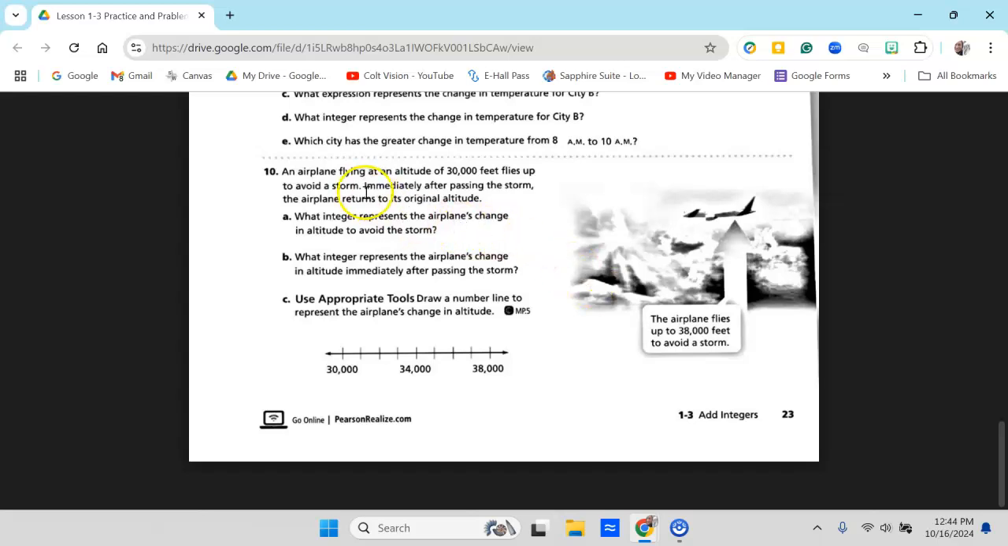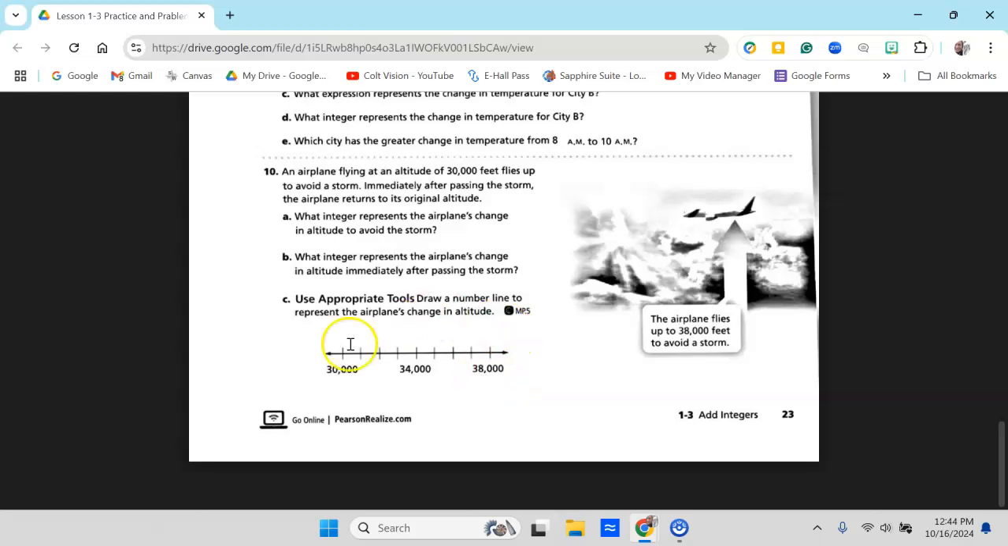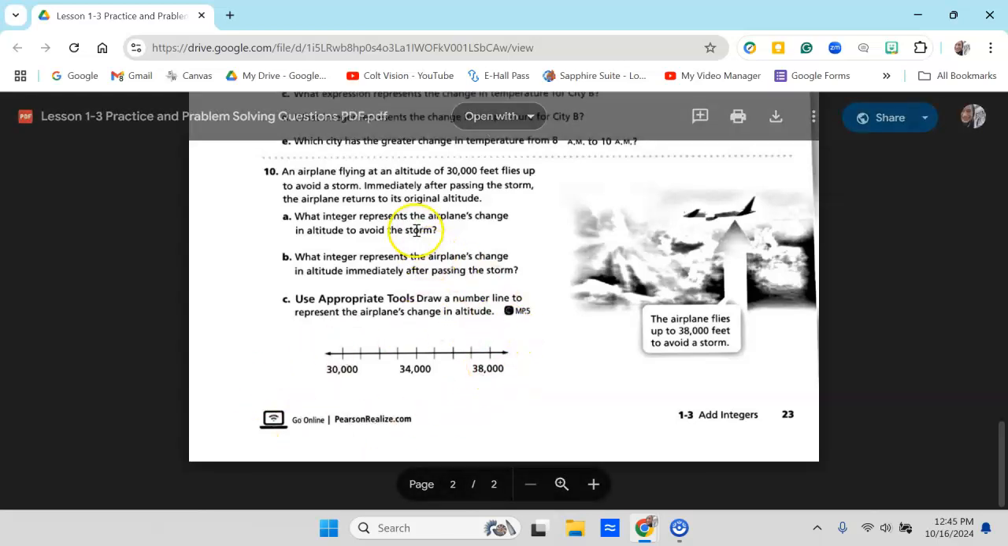Then immediately after the storm, it went back to 30,000 feet. So it's flying at 30,000 feet. It goes up to 38,000 feet. It comes back to 30,000 feet. So you're using that. I would use the number line to represent that, and then come back and answer questions